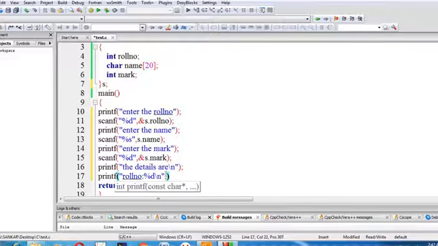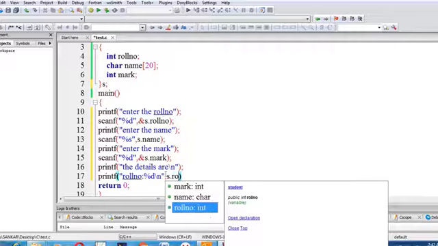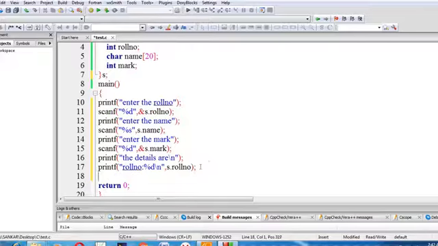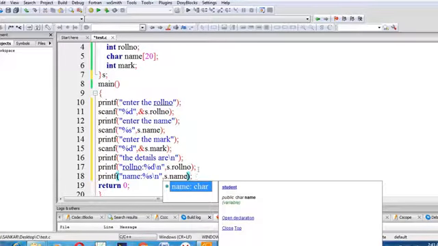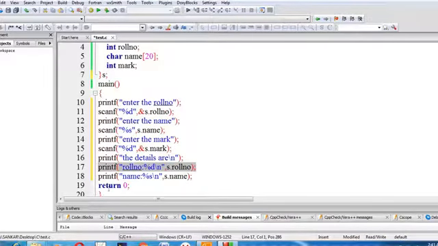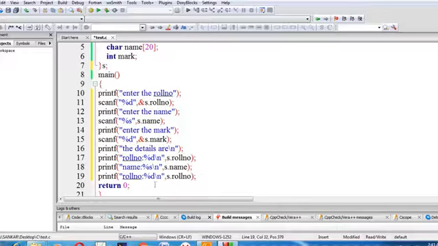So here s dot roll number, end with a semicolon. The same thing I am going to copy and paste here: roll number, name, with %s, then as usual. So here name. Then another thing is mark. So this is our structure program.